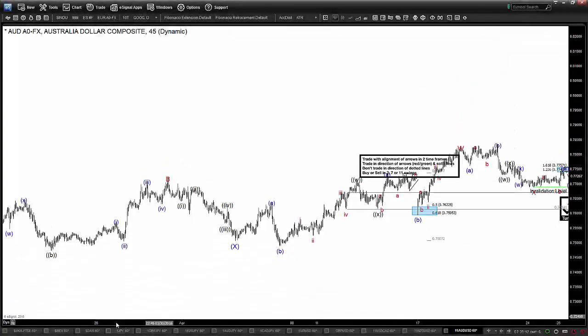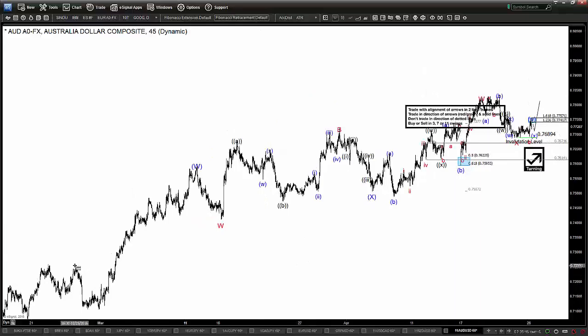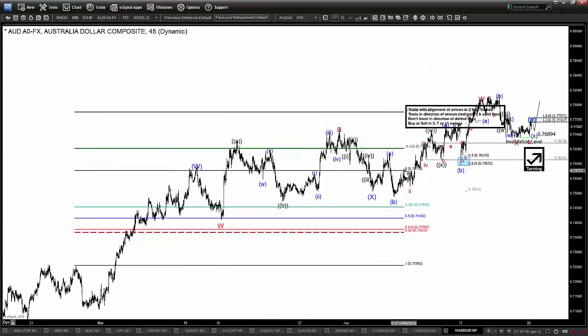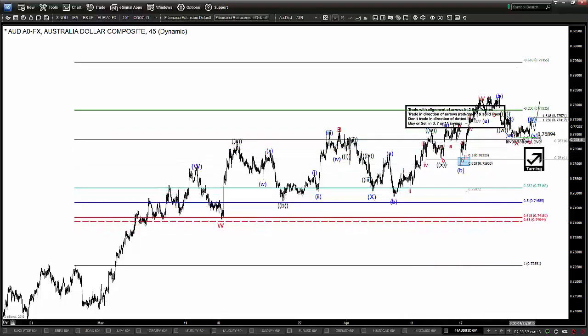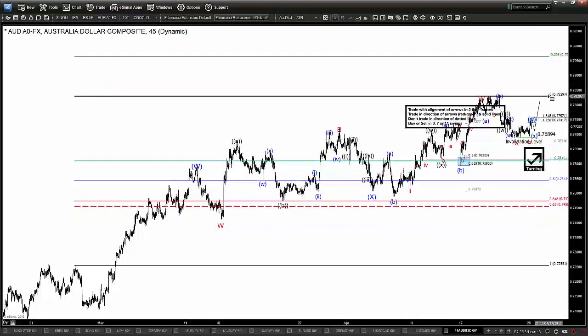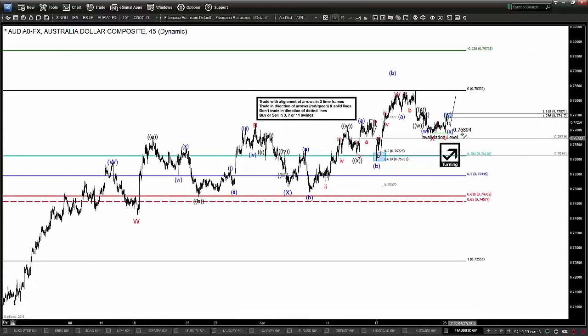In the short term, it might have a very similar setup as the Kiwi, with the little 50 back short off the highs. But ideally, the Aussie has a beautiful series of longs. You can see that series trade once to target, same anchor new high, trade twice to target, and same anchor new high for a third time would actually be calling for this market to head down in a three-wave structure